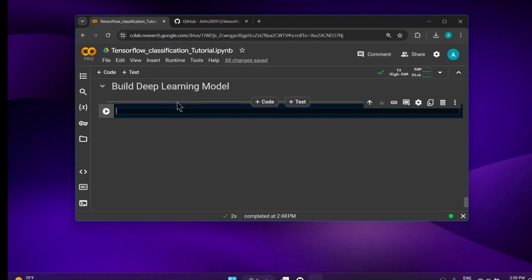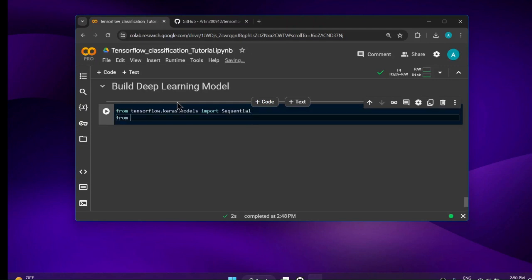We kind of forgot them, so let's do from tensorflow.keras.models import Sequential,